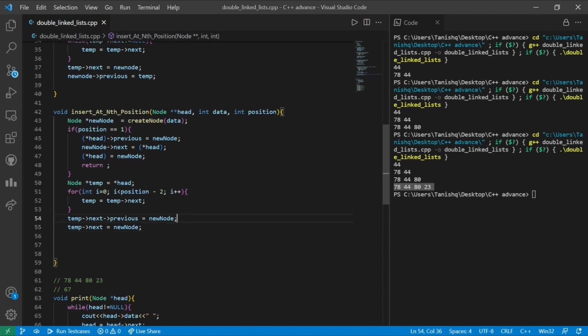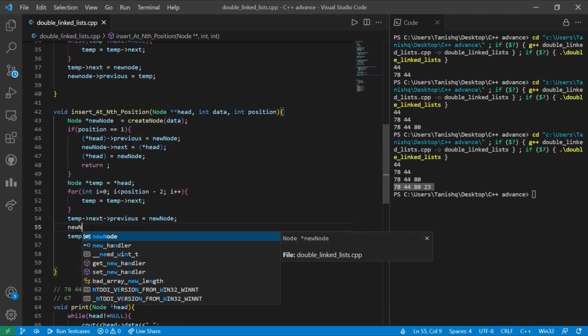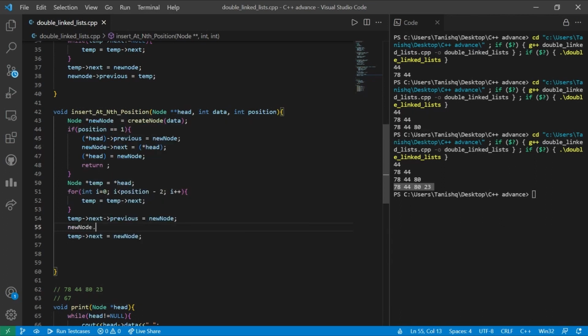After that, all the changes we are supposed to make are from the new node. Again, just before changing the next node of the temporary, we are supposed to make the next node of the new node the next node of the temporary, that is 44 in this case. New node dot next equals temp dot next.